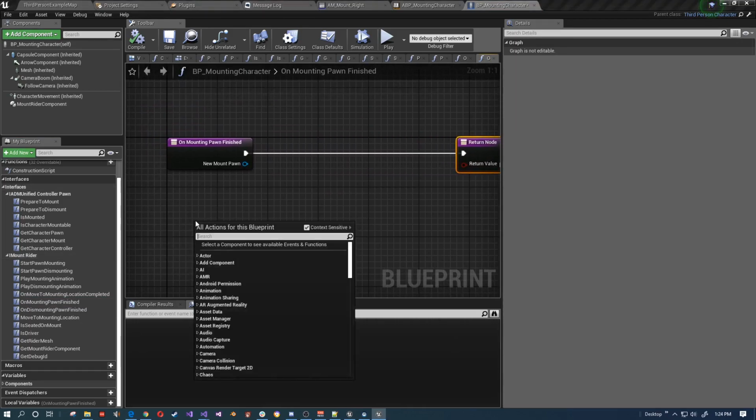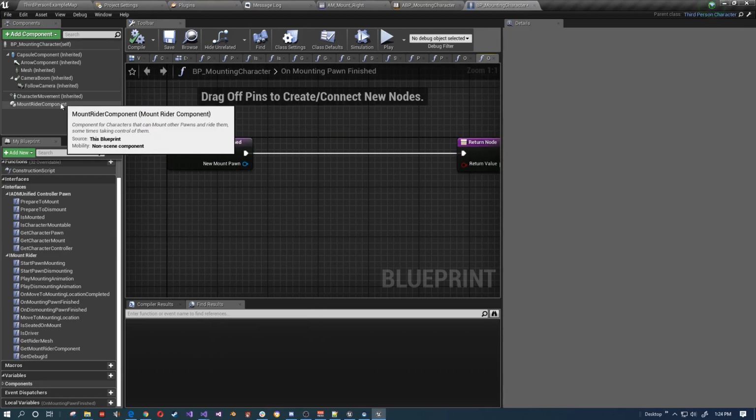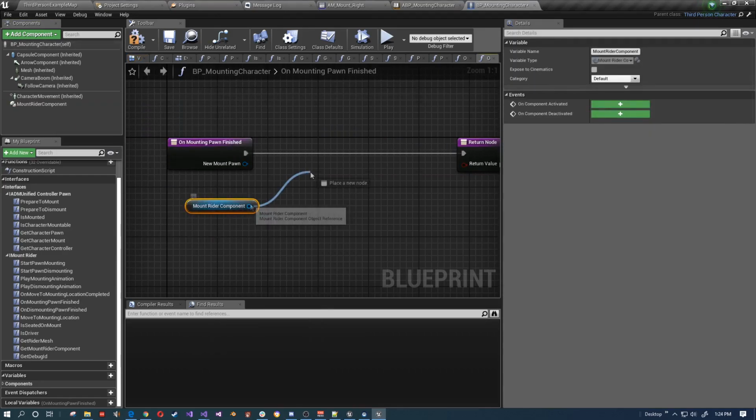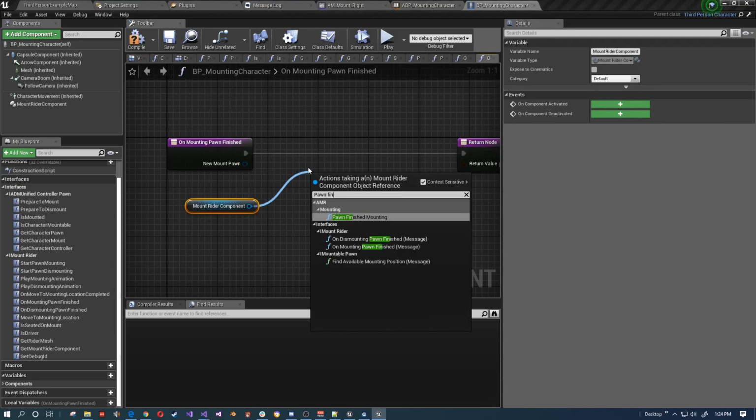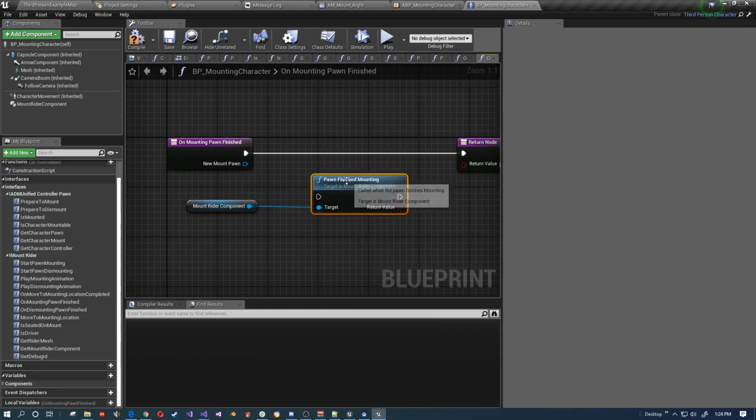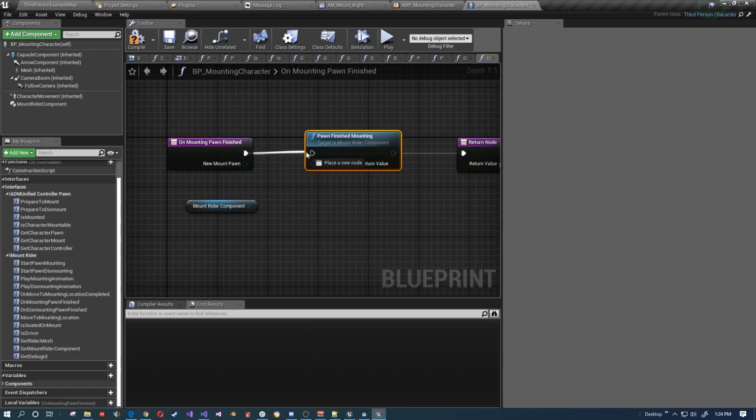This function, you grab the mount rider component again and call pawn finished mounting. This interface function is called whenever the pawn completes the entire mounting process. I believe this is the function. Yeah, this is the interface function that the anim notifies need to call on the character in order to wrap